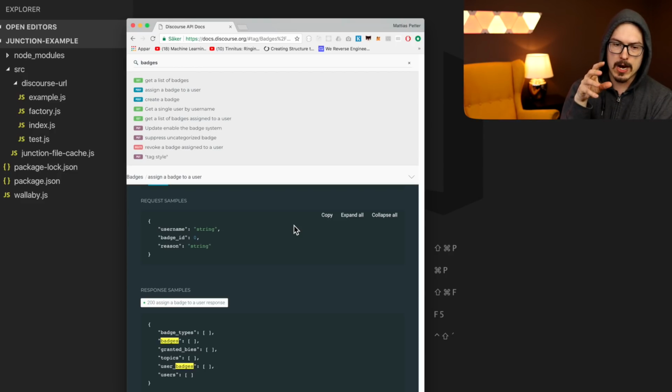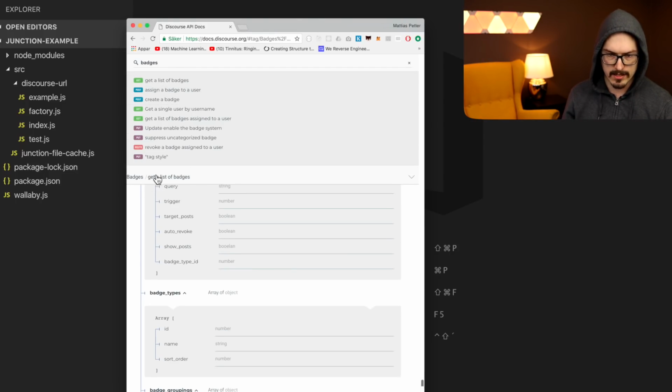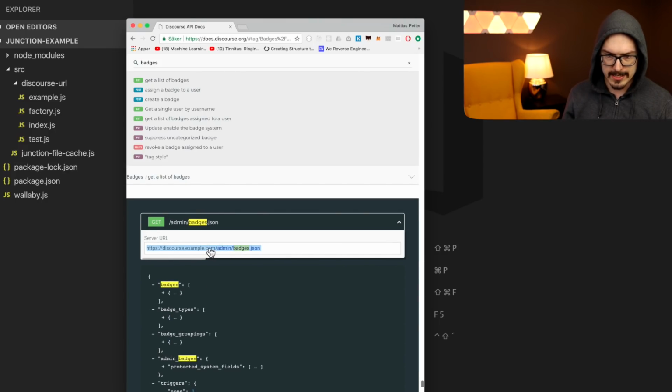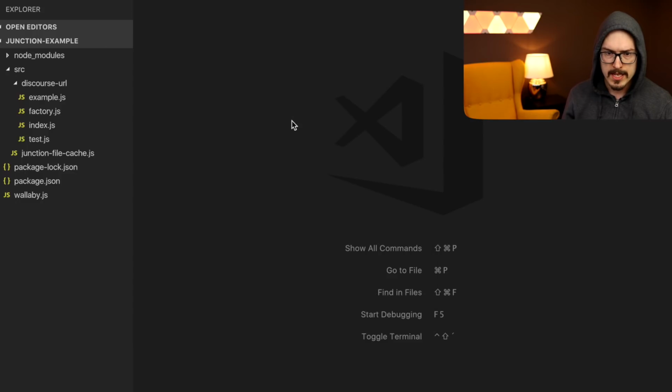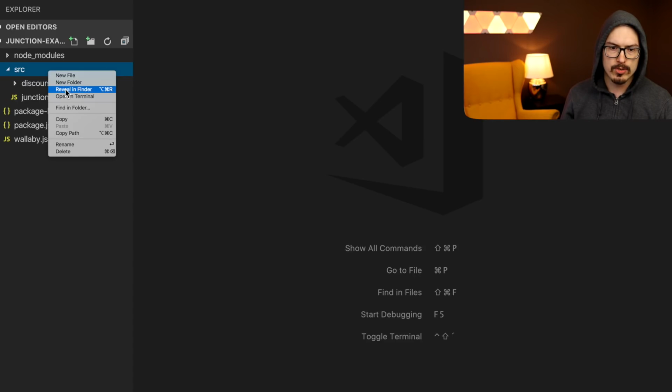And right now, as a part of a project I'm doing, I want to get a list of all the badges that are available in the system. And there's an endpoint for that called get list of badges. Where is it? It's here. Okay, so it's my Discourse installation, and then I get admin/badges.json. So I'm just gonna copy this. When I play around with APIs, I like to